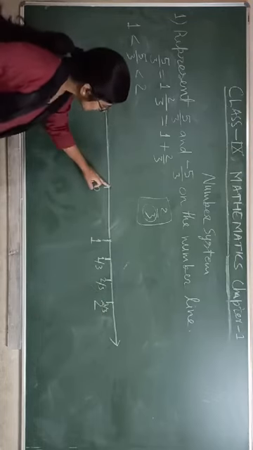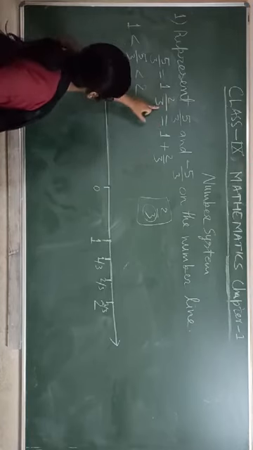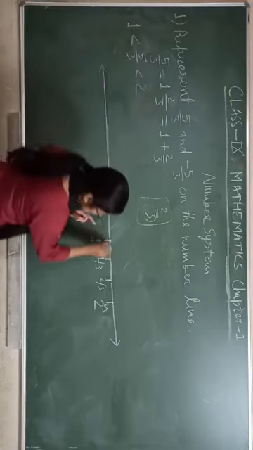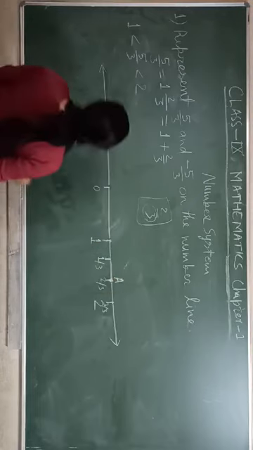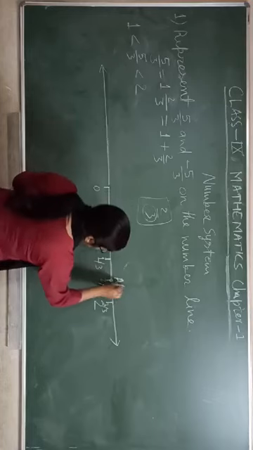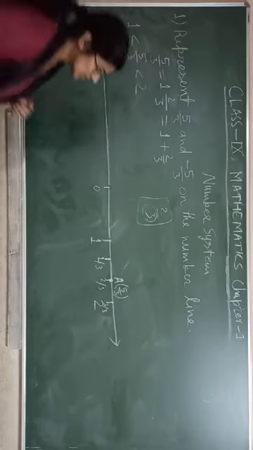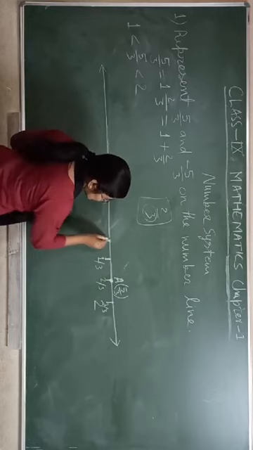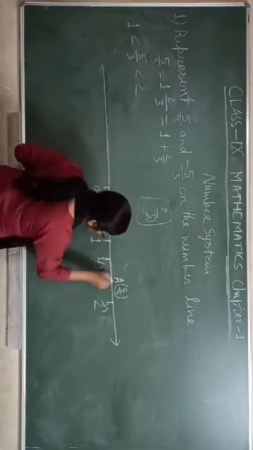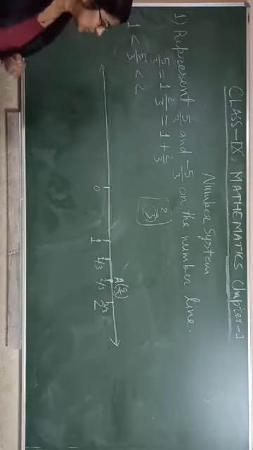Okay. So look, we need 1 whole, 2 by 3, 1 whole here, 2 by 3 here. So this point A represents 5 by 3. This one is representing 5 by 3. This point A is not only 2 by 3. It is 1 whole here, and from here to here is 2 by 3. So this whole is 5 by 3.